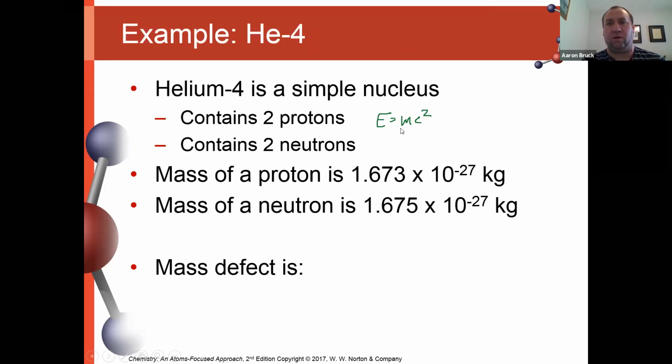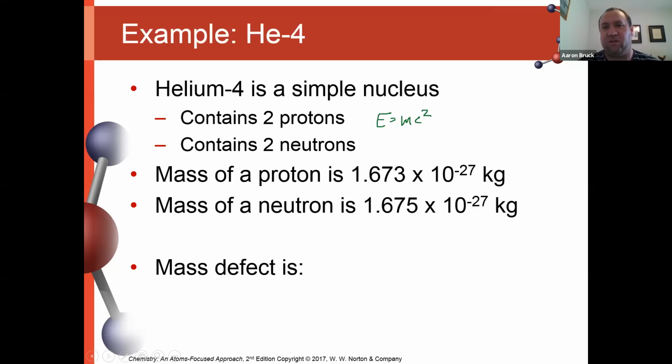And so if we look at it from this perspective, we can see, for example, that helium is a relatively simple nucleus. It's got 2 protons, it's got 2 neutrons. Relatively simple and straightforward. If I take the masses of those particles and add them together,